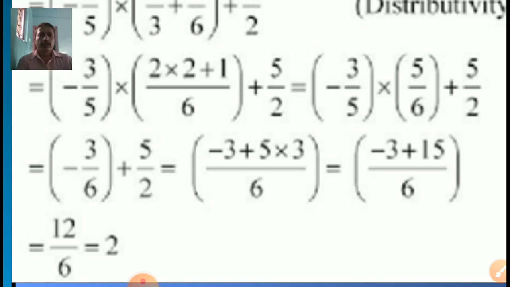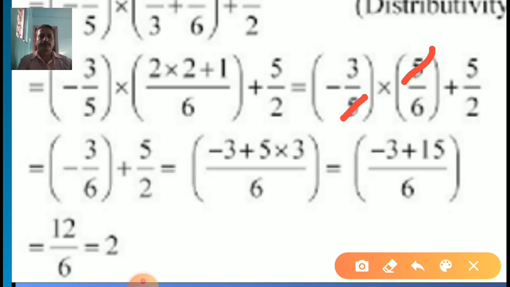Here I did only the 5 5 cut. I will show you how to solve this question directly. One step I cut, but the answer remained the same. There are so many ways to get the answer, but we are moving slowly. This is our first question of rational numbers, so I will teach you a simple way. 5 1s are 5 and this 5 1s are 5 is cut.